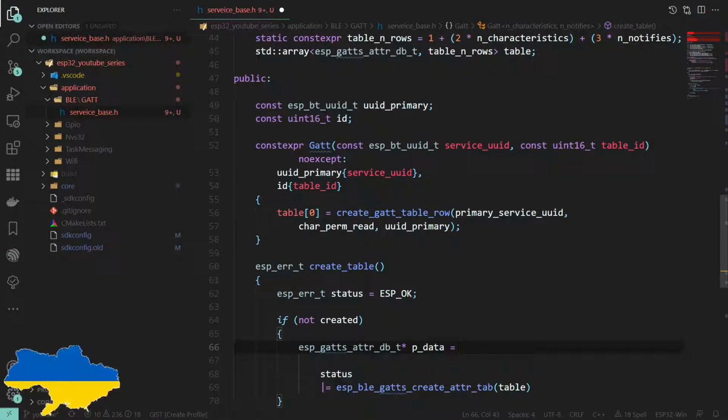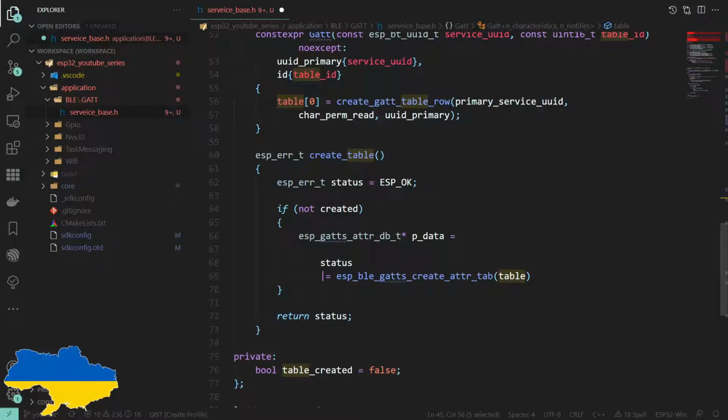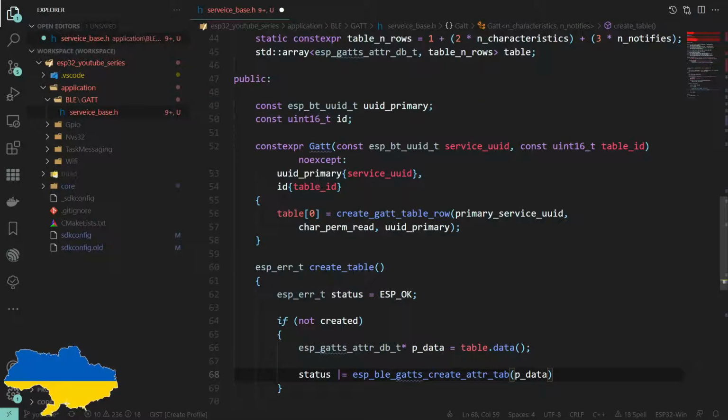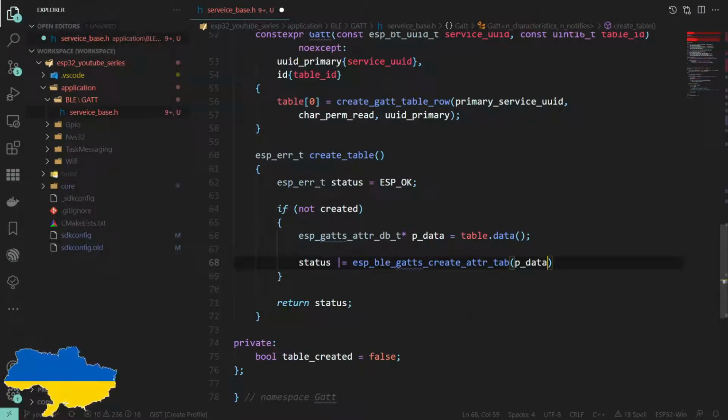Now we've used a standard array here. Obviously, the API written in C won't take a C++ standard array, but we can just get the raw pointer like that. And that is going to take a pointer to the actual data, and a standard array is guaranteed to be contiguous and so on and so forth, so that is valid to do. I of course could just put table.data here, which I might change it to, but I don't know, we'll see. This will get optimized away anyway, so it doesn't really matter.